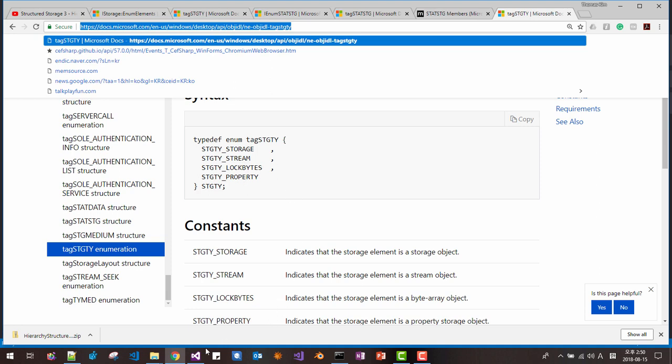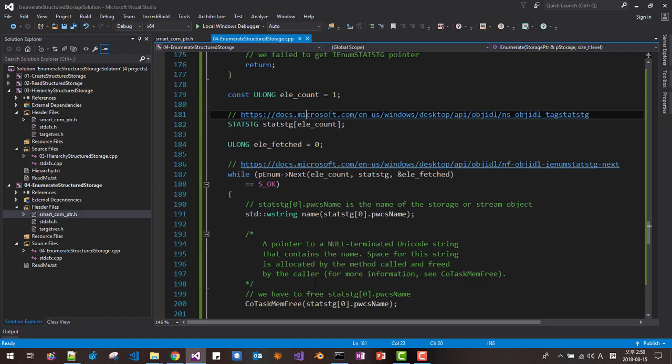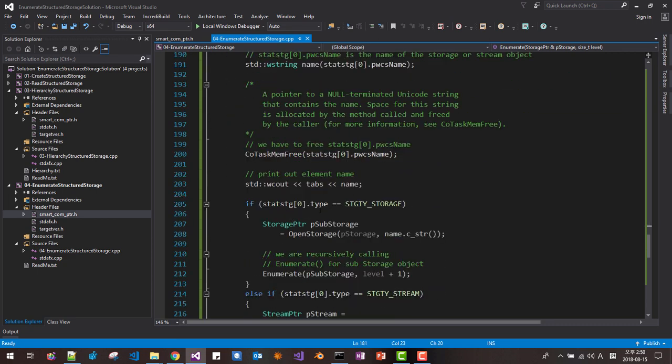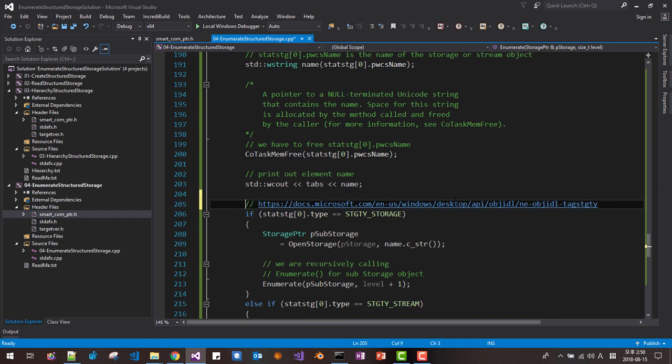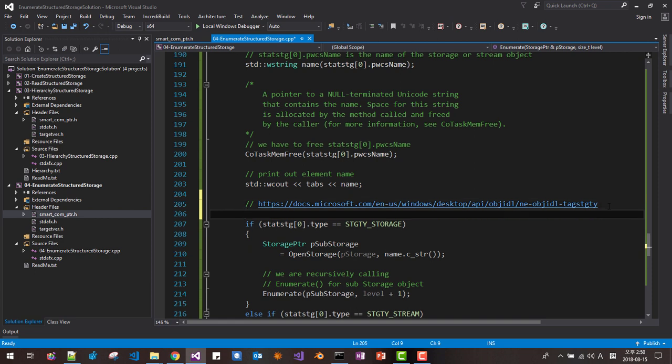I will copy the link for your reference. This is for your reference. And I will put type STG TY, storage type enumeration. Okay,